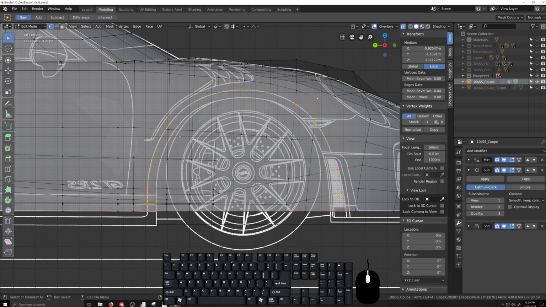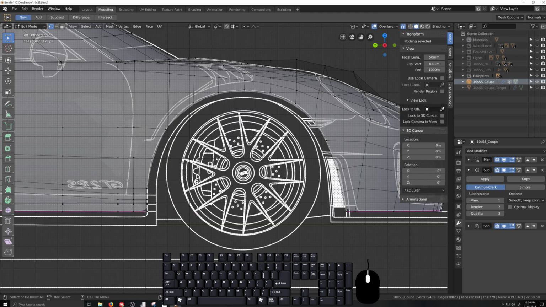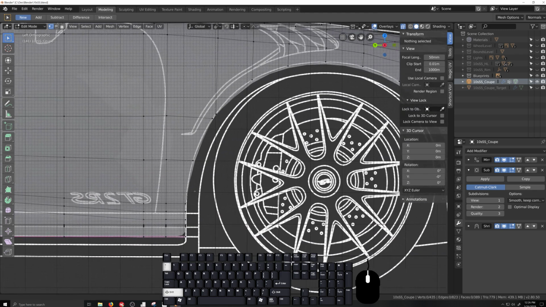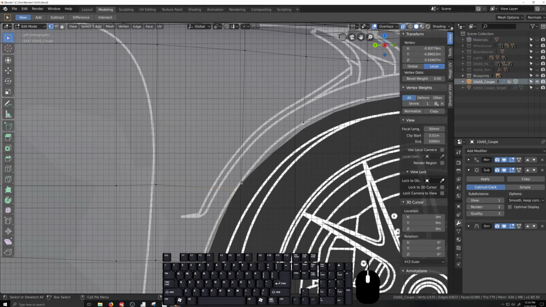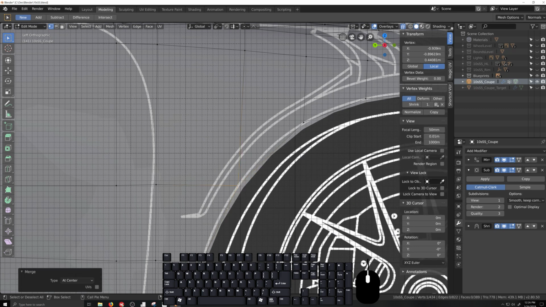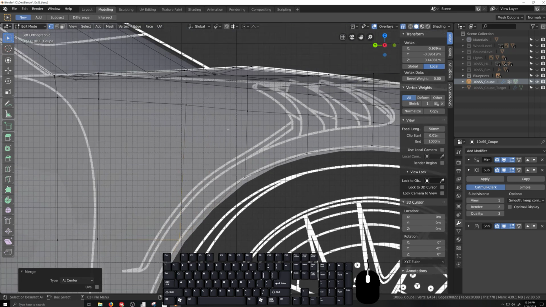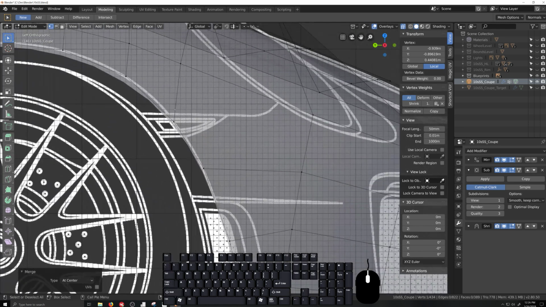Alright, so now what I can do is select everything inside. Eventually it'll let me do it. And I can delete all those vertices, and I have my cutout. Now, obviously I have things like this end gone, which is fine. I will just merge these two at the middle. Alt-M, merge at center. And so now that's a quad. That's a quad, that's a quad, that's a quad. Just taking so this is an end gone, and I kind of actually want to keep